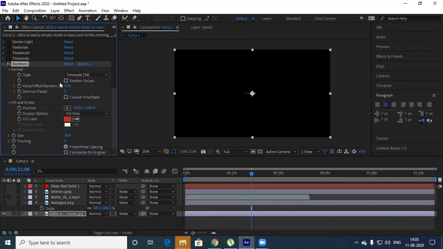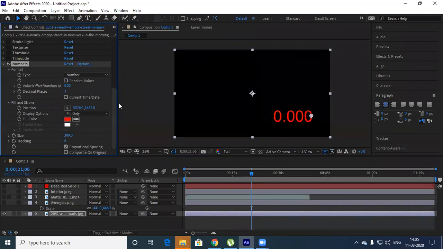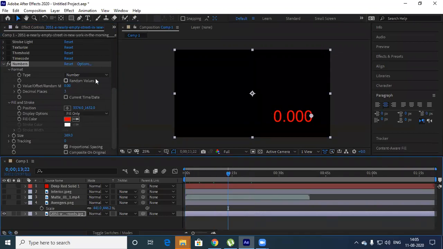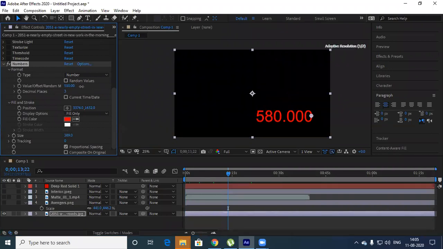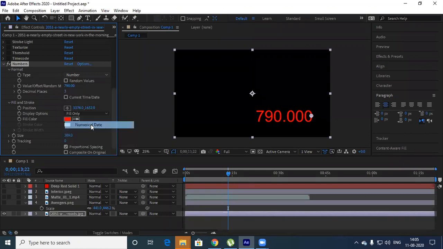So let me increase the size over here. So like this, okay. So you can have it numbers. You can add whatever number you want. So manually you can add, okay. Values, you can change here, automatically it will come over here. Number, time code, short, numerical date. You can go with the date, what date it is, you can define, okay.